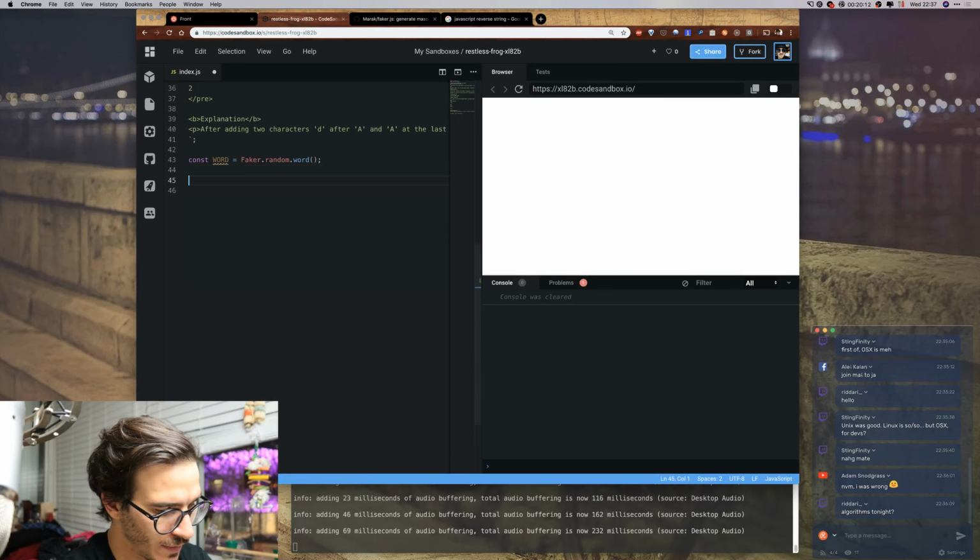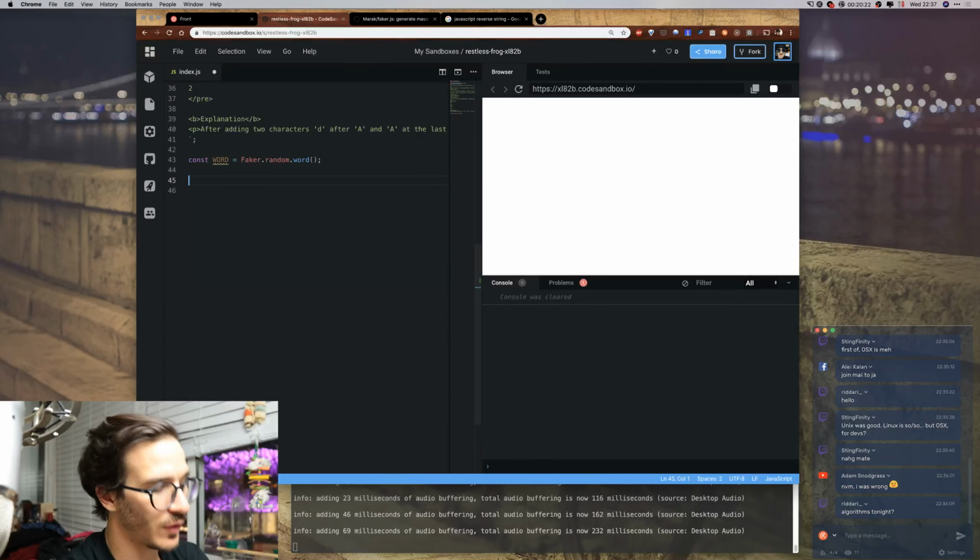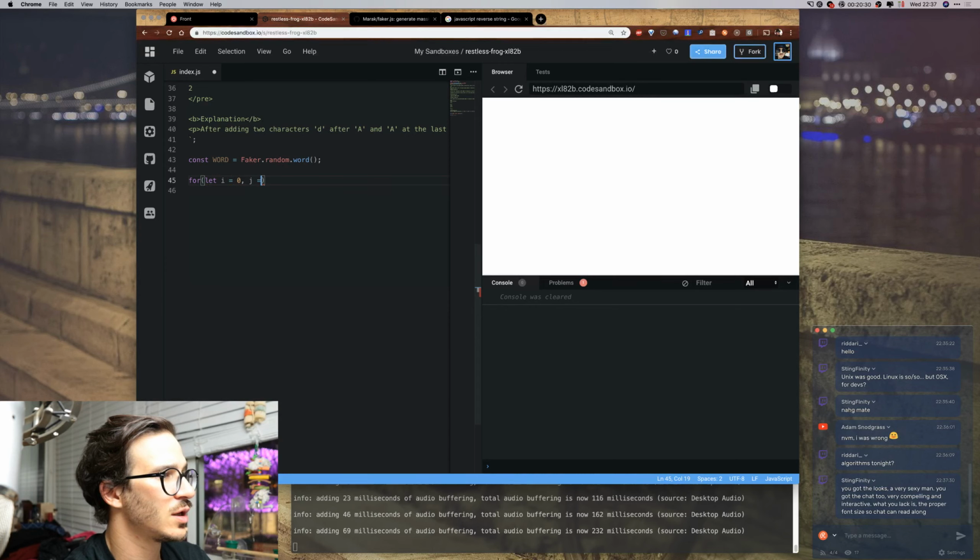So we say we've got to traverse the word from the start and from the finish. So we're going to say, for let i equal 0 and j, actually let start equal 0 and end equal